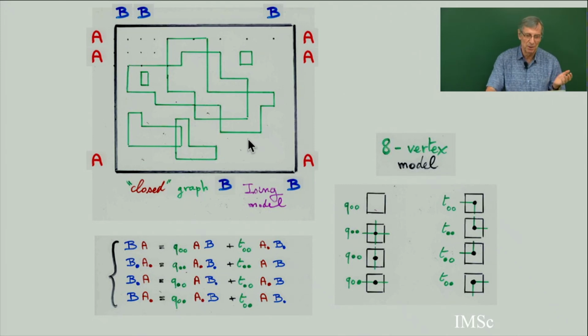This is a very famous model in physics, for ferromagnetism, and solving the Ising model is exactly equivalent to counting such configurations by the number of edges. So all these cases, except this one, give 2 half edges. So each of these will count for a t. If t is a variable counting all of the possible edges, all these count for t, and this one counts for t to the square. So the Ising model is equivalent to counting Q tableaux with a certain weight, which is t or t to the square for one of the 8 possible cases, with this border condition.